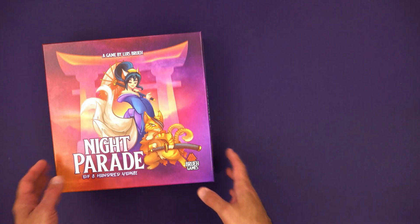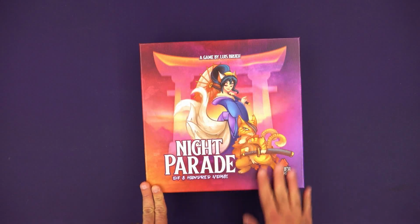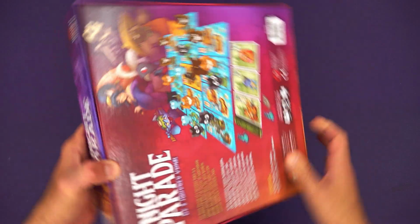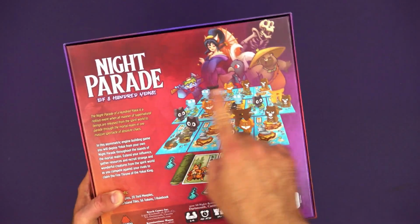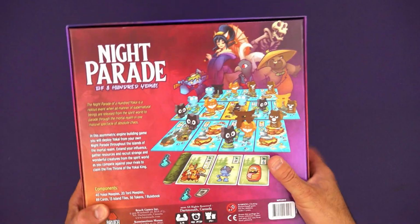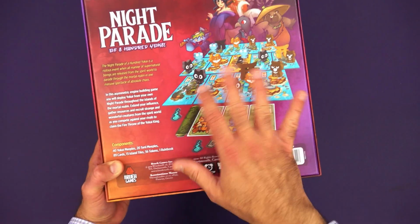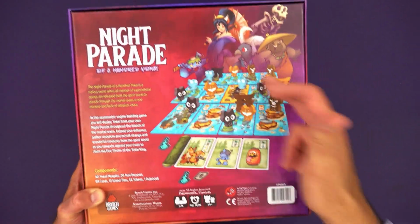Finally, same thing about Night Parade of 100 Yokai. I picked this up a long while ago, mostly based off of the art, not the art of this cover. I said it in my review before, this cover doesn't make me all that happy, but the game itself is really cool. It's got these really awesome wooden animal meeples. I guess you could call them meeples. They're much bigger and chunkier than your standard meeples. Super cute, really great artwork, really cool sort of semi-programming. Deck building's not really the word because you're kind of tableau building as you're playing this cool area control